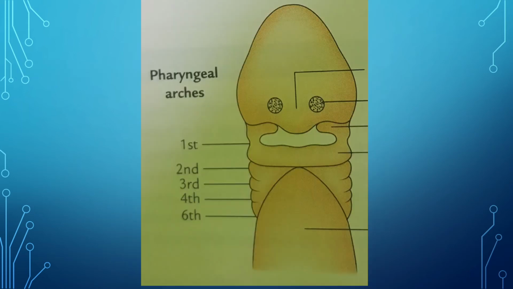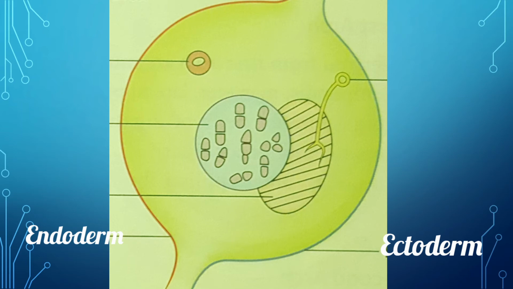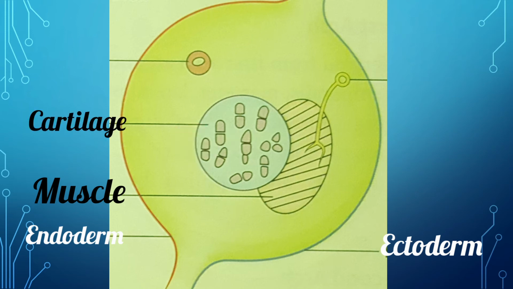The pharyngeal arches are 5 in number. The grooves present between the pharyngeal arches are called pharyngeal clefts, and they are 4 in number. The pharyngeal arches have pouches on the inner aspect of the pharyngeal wall, termed pharyngeal pouches. Each pharyngeal arch consists of 4 components or structures. These include a core of mesoderm, which gives rise to the muscles of the head and neck region, and the cartilaginous rod or bar, which forms the skeletal derivatives of the arch.